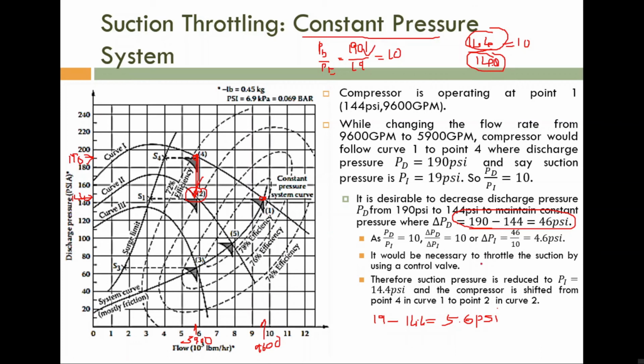Please note here we pick two discrete values, 9600 and 5900, for explanatory purpose. Actually the variation of flow rate is a continuous one, not a discrete one. It is continuously changing. So if it is changing to this point, we want to change the curve from this point to this point. So here another curve goes through this point. Now from this point, if the flow rate is decreased to this value, then it will follow this curve. Now what do we want to do? We want to decrease the inlet pressure from this point to this point.